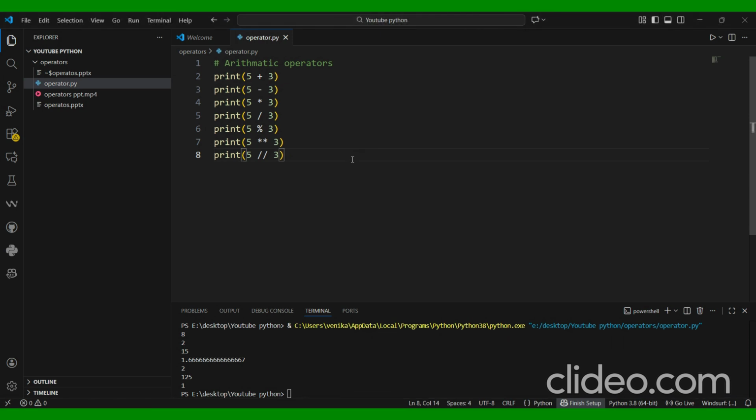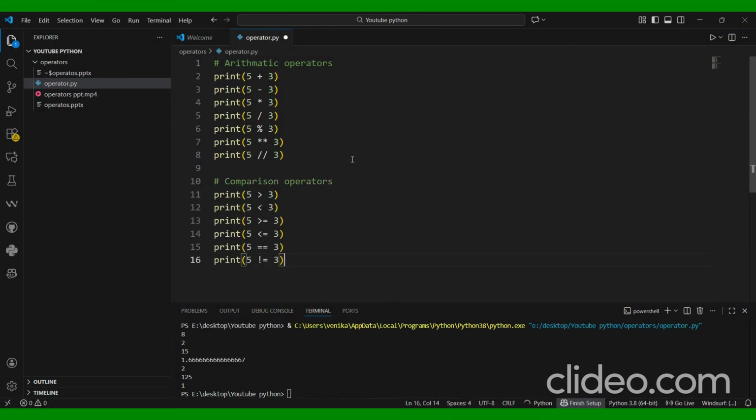Now let's see the comparison operators. As you can see, 5 greater than 3. Because I have not written an if-else condition here, it will give you either true or false, meaning the statement is true or false.